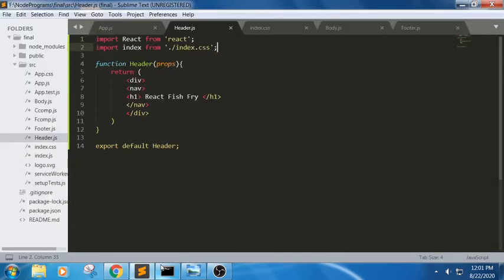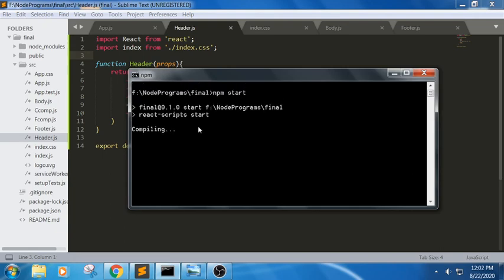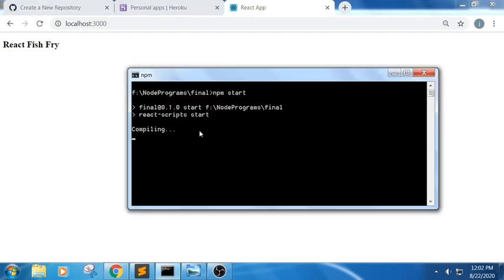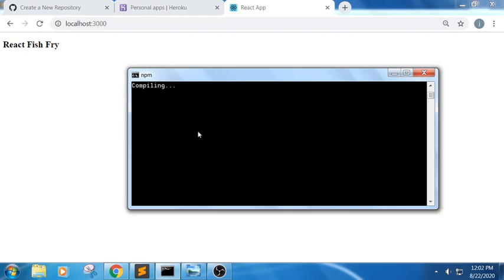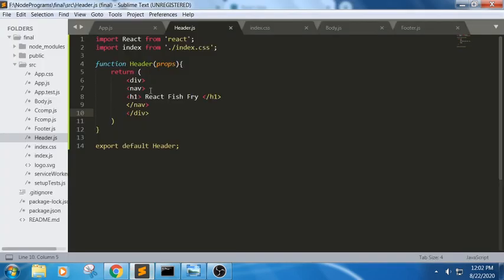We didn't get any output here, so it is trying to take some time. It is about to compile. What is this file name? Header part is. Yes, we got this header part.